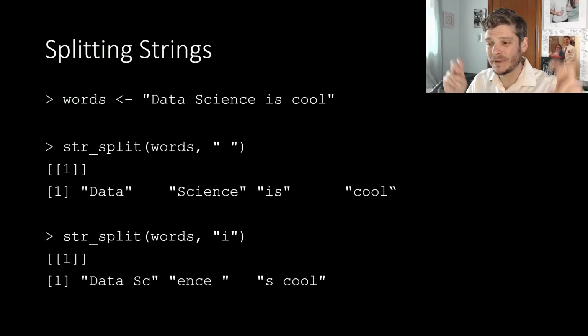My first element now is "data", space, capital S, C, and then it finds I. The first I comes in the word science. So it's going to split it up. It's going to cut that string off. It's going to chuck out the I, because that's where we're splitting it. And then it starts my next element with the ENCE space,